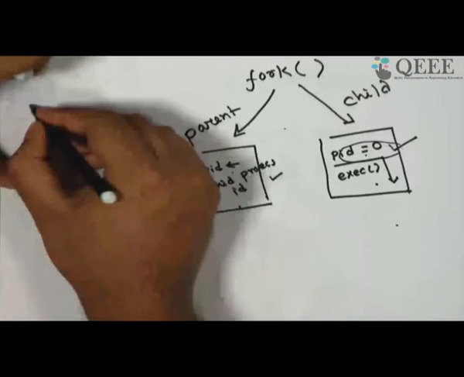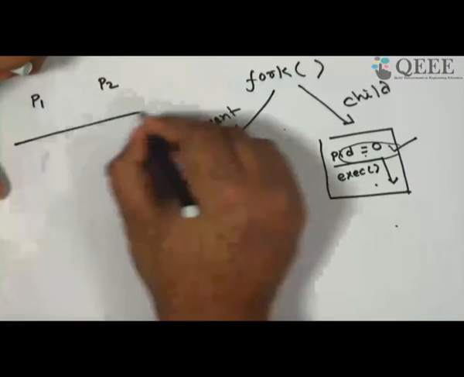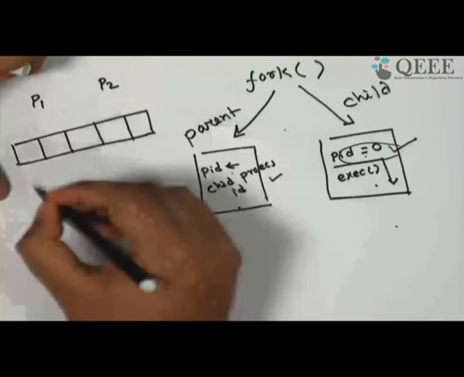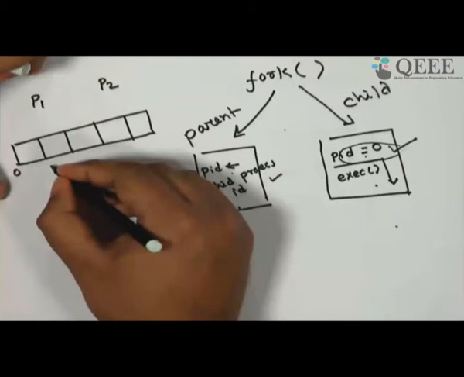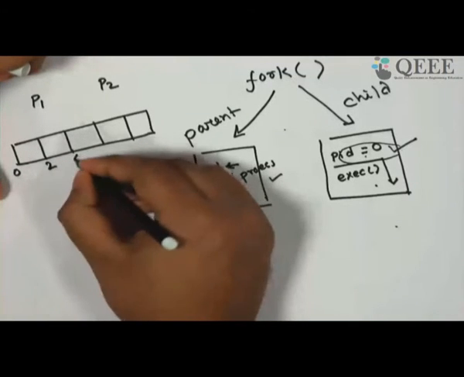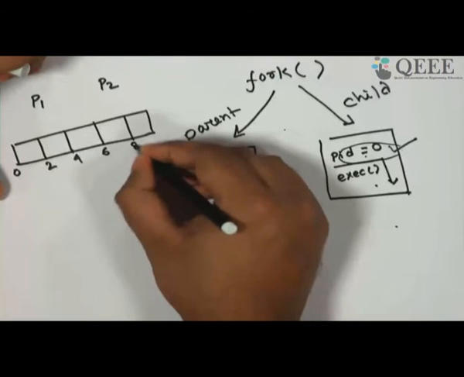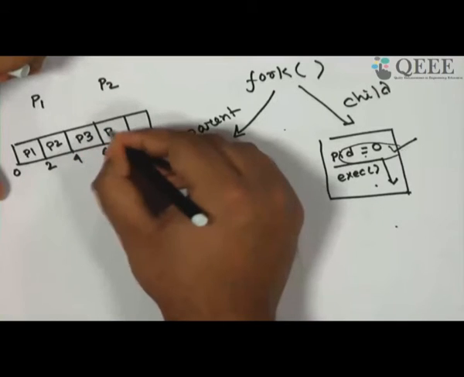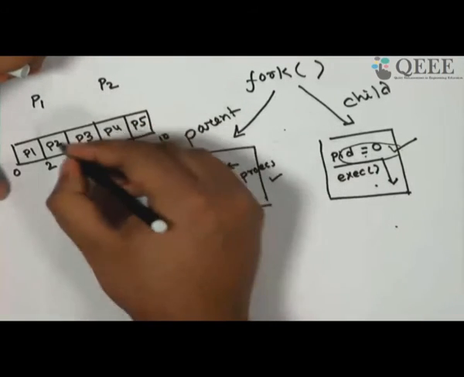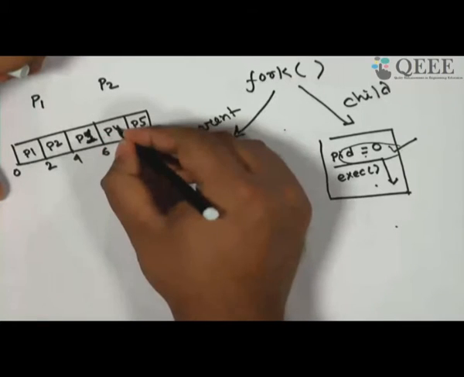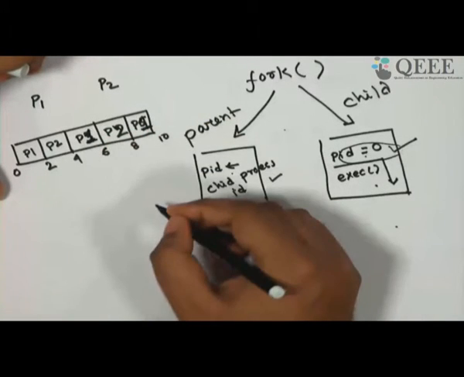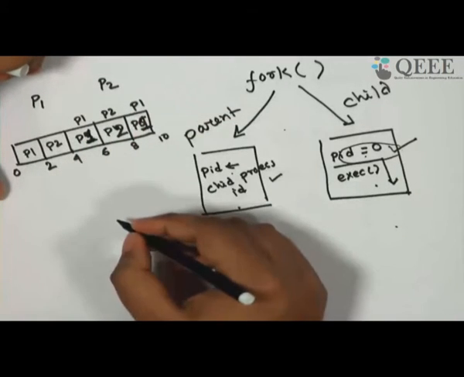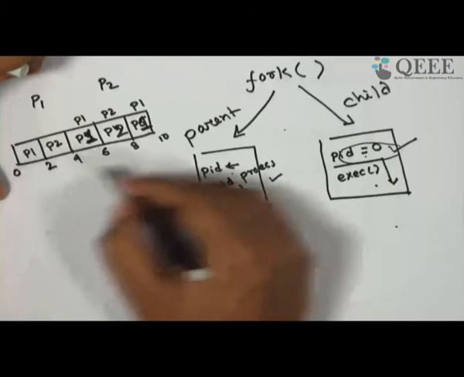Okay, so assume that you have two processes P1 and P2, and if you draw the Gantt chart in this way, say this is 0 and your time quanta is say 2 seconds. So 2, 4, 6, 8, 10. Now P1 is executed here, P2 is executed here, P3 is executed here, P4 is executed here, P1 is again executed here, P2 is executed here, and P1 is executed here. Okay. So this is P1, this is P2, this is P1. So that way we are basically switching between P1 and P2.